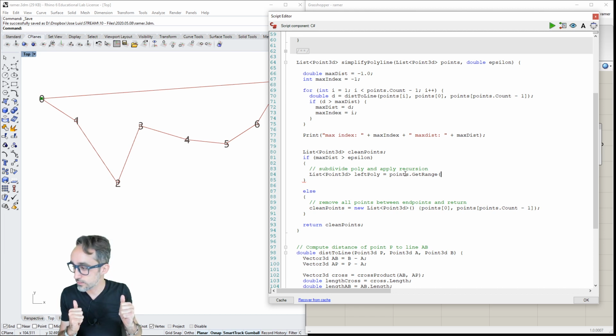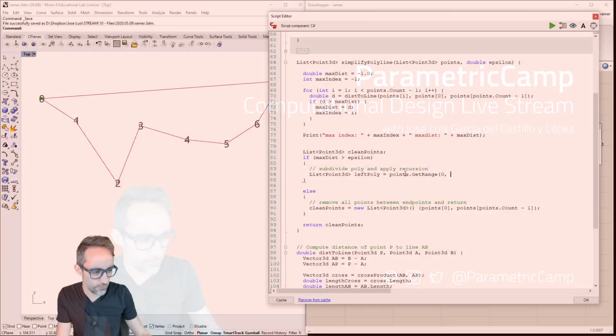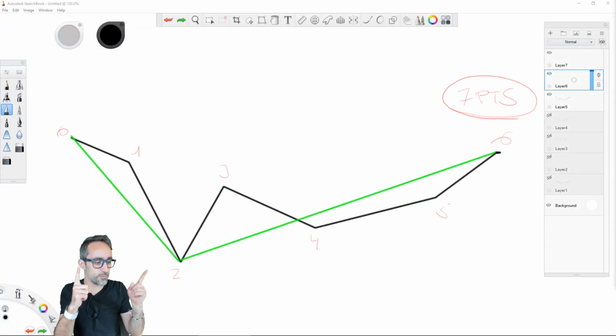The way this works is that the first parameter is the starting index of the element that I want to grab. In this case, because we're taking the left chunk, the first one is going to be 0. And then how many elements do I want to grab? If you remember, let's say the index of the vertex that we want to pick up is vertex number 2.